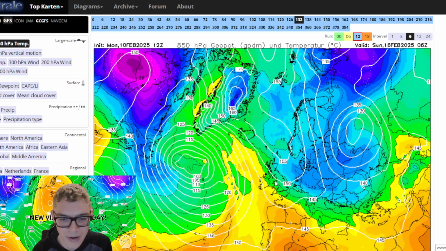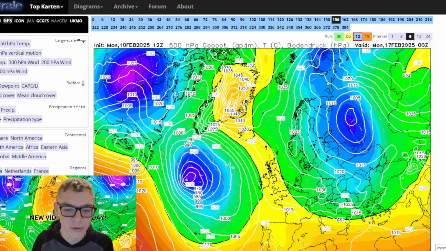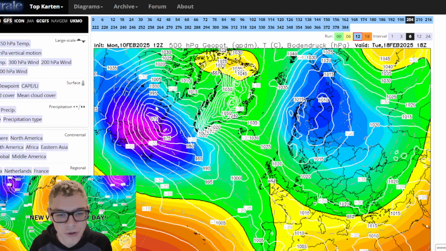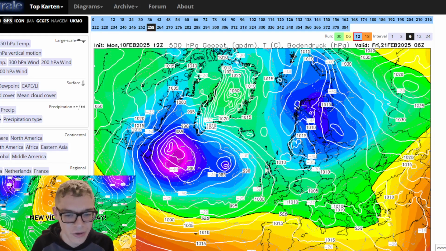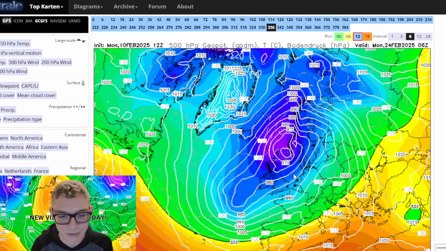We do get colder air masses in at times, as you can see, with that high pressure moving to our west. It's not far enough west, though, to allow that really cold air in. High pressure does sustain towards Greenland, however, the Atlantic does return eventually in the longer term, bringing very unsettled and stormy weather in.